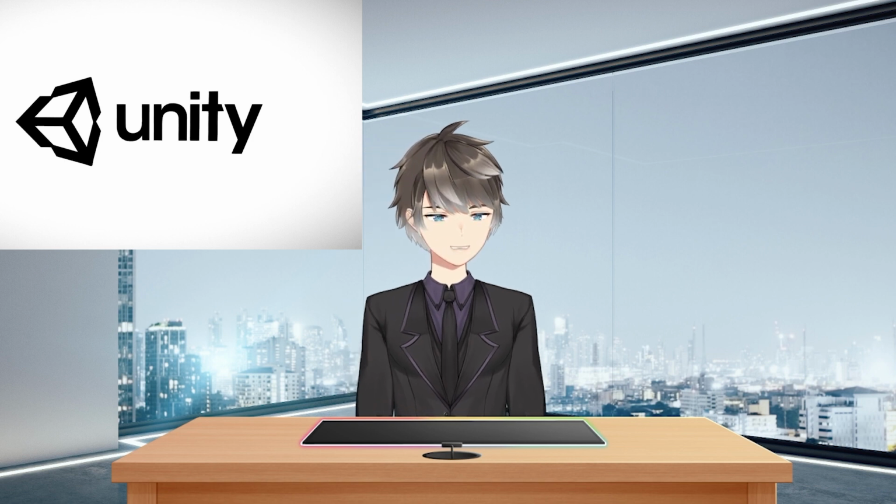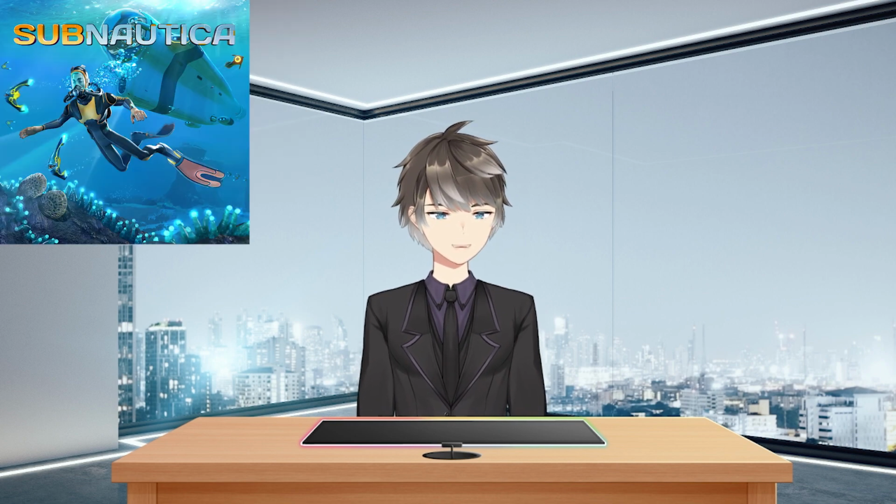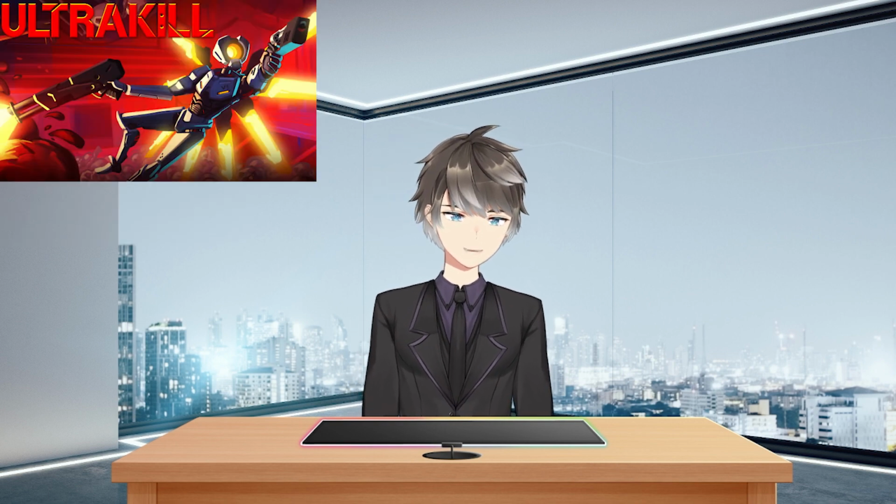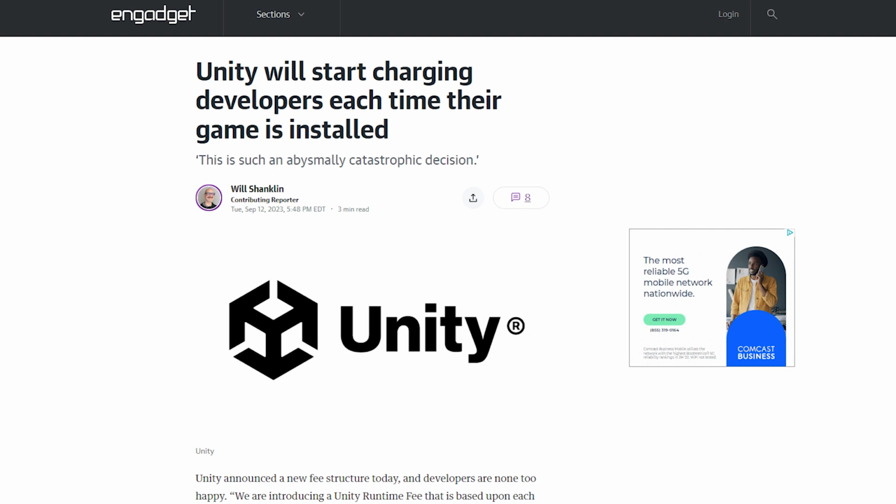Basically, for those that don't know, Unity is an engine that a lot of indie developers use for their games. It's a very useful tool. Some amazing games have come from Unity, such as Cuphead, Rust, Subnautica, GTFO, Raft, Ultra Kill, Beat Saber. You get the gist. Basically, what's happening with Unity is Unity will start charging developers each time their game is